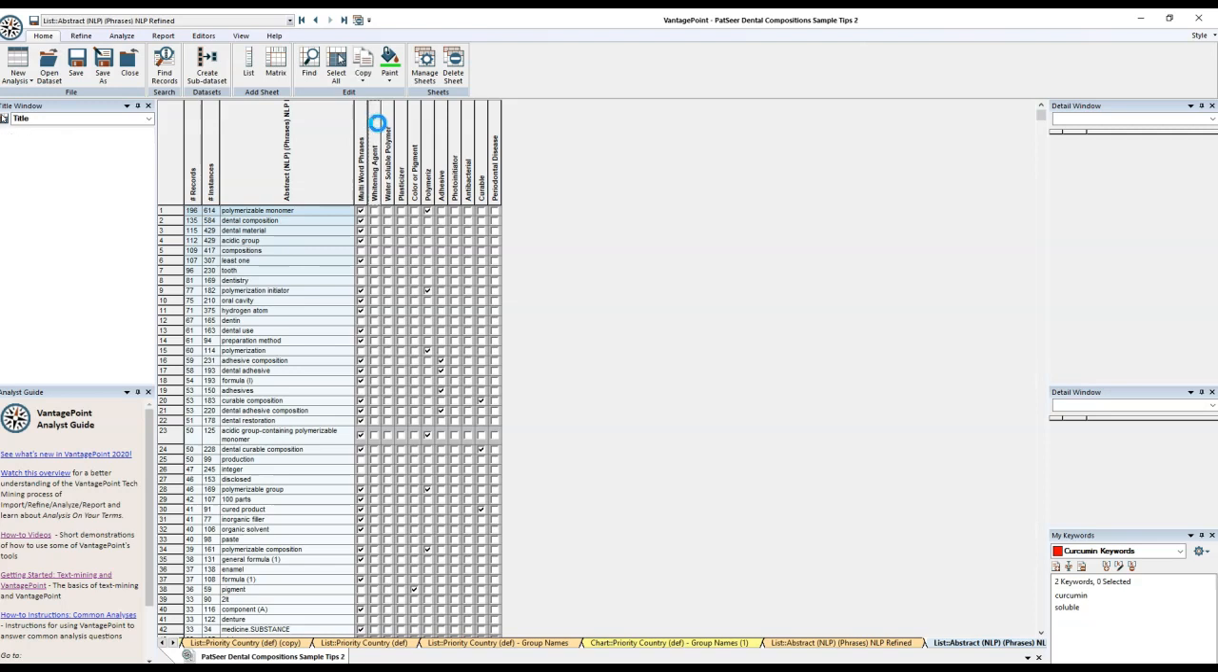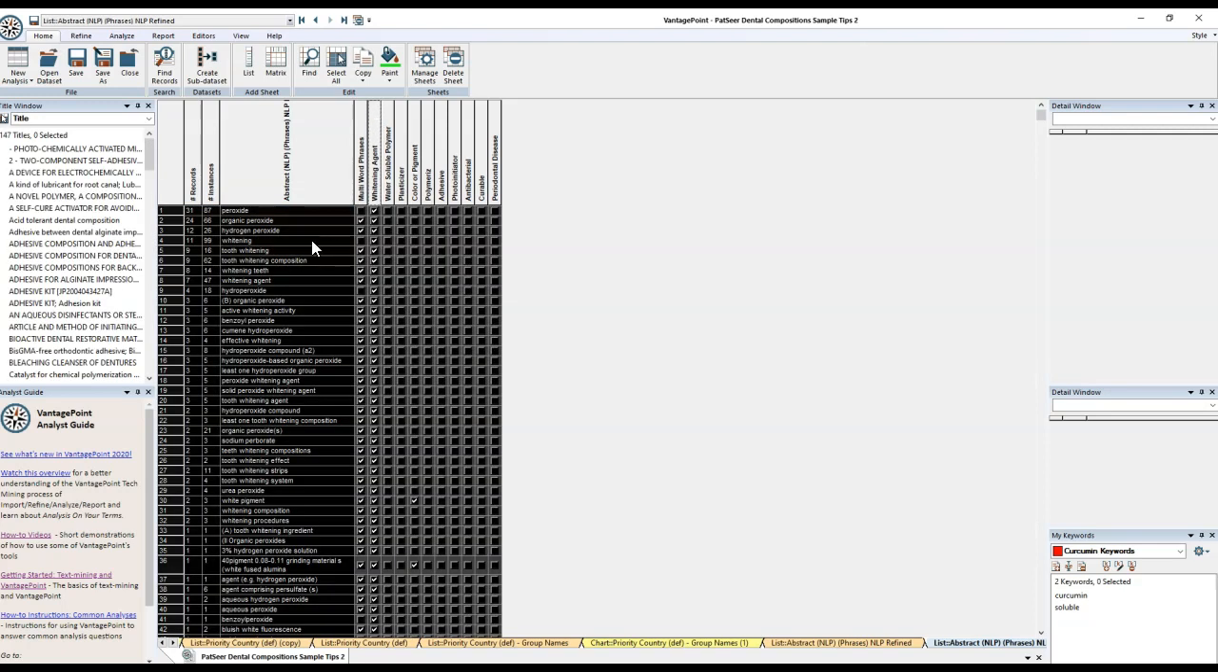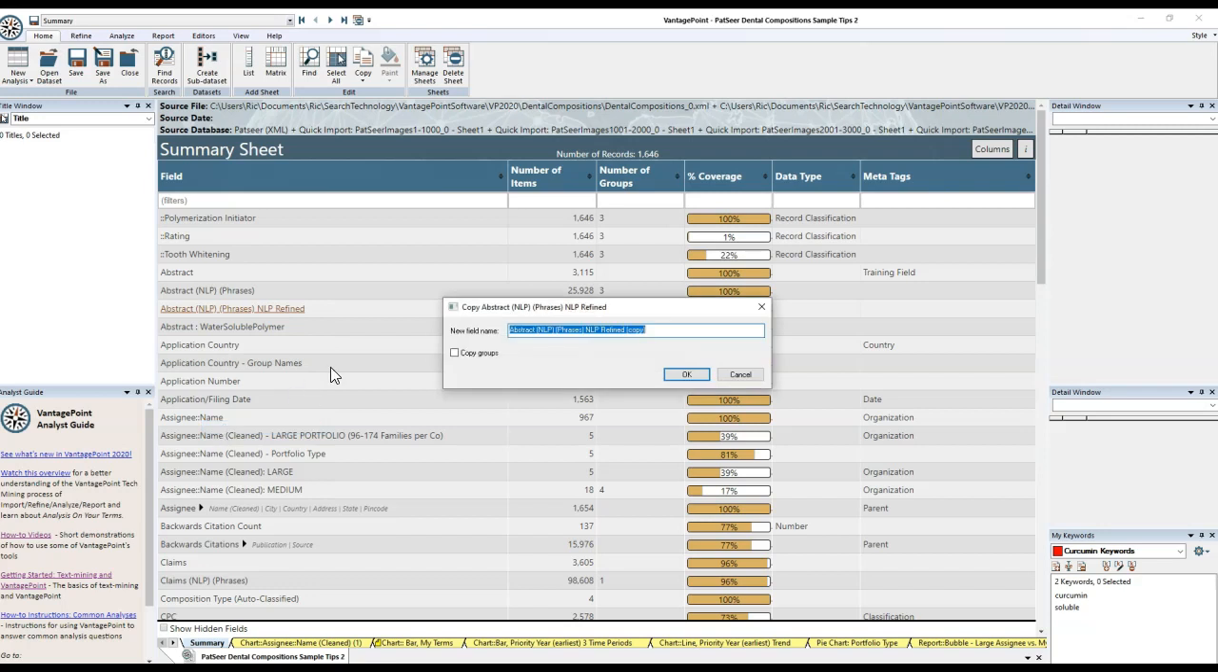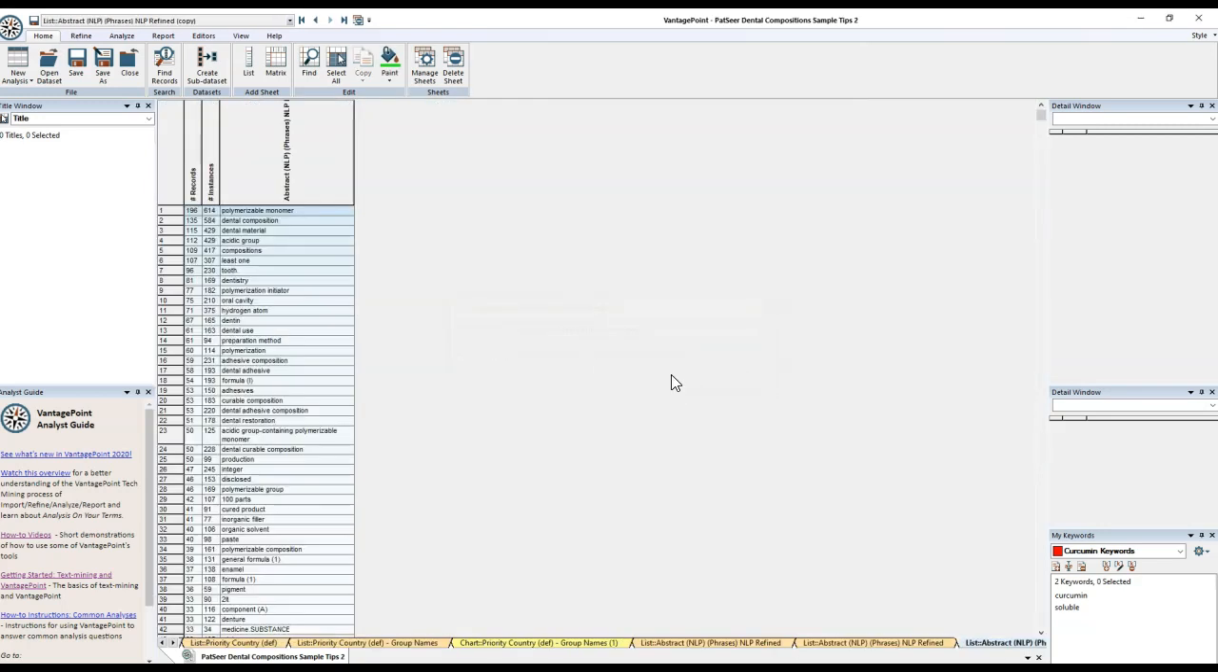Like, for example, whitening agents: peroxide, hydrogen peroxide, whitening, and so on and so forth. These are all considered to be in the text that are helpful in flagging the whitening agents, and there's 147 documents. So let's go back and try doing this from scratch. I'm going to right click, I'm going to copy the field, I'm not going to bring over the groups, and